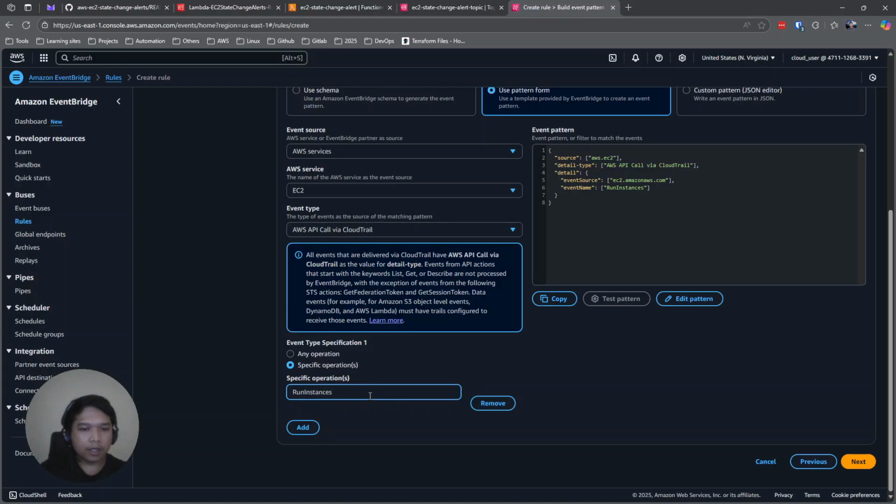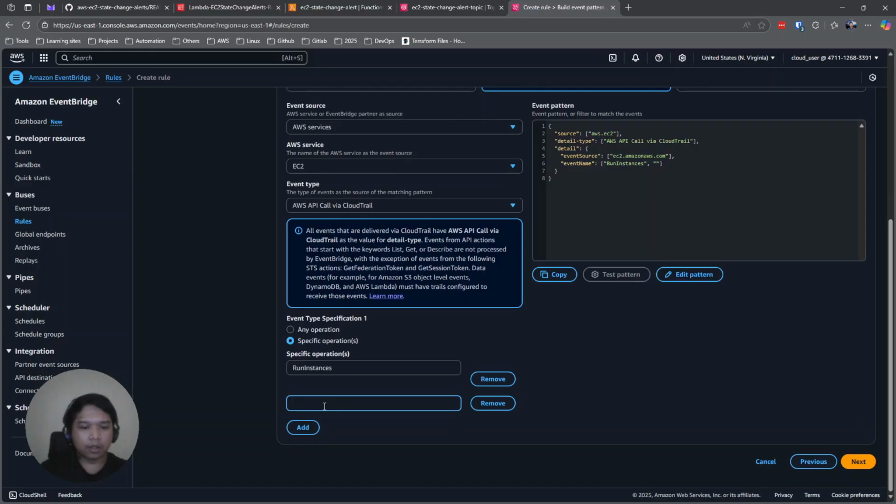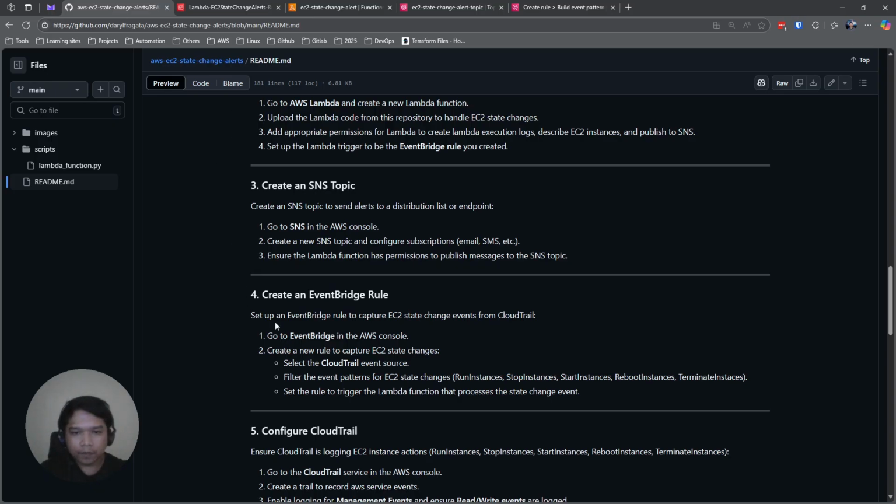We need to be careful here, because if the specific operations are incorrect, we will not be able to trigger the event rule. We need to add StartInstances. I think we're just going to copy the details here.